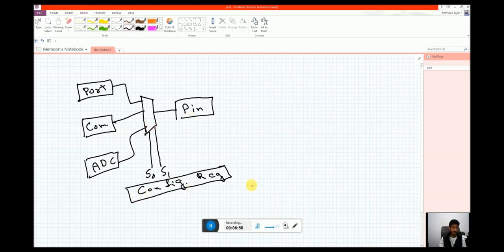This configuration register is an SFR, a special function register. SFRs are not general purpose registers, and they have their bits associated to a specific function. So S0 and S2 can be bit number 7 and bit number 6 of this particular configuration register.